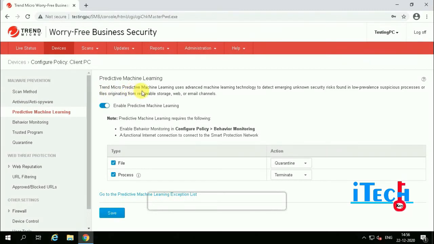Friends, now we are selecting the option Predictive Machine Learning. I'm telling you about Predictive Machine Learning. Trend Micro Predictive Machine Learning uses advanced machine learning technology. It detects emerging unknown security risks, found as low-prevalence suspicious processes or files originating from removable storage, web or email channels.